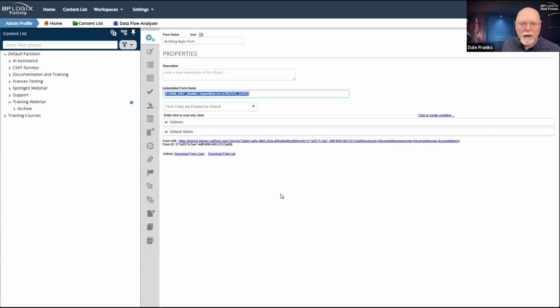I can search them by date. I can search by submitter and get all of the submissions from a particular submitter, or I can search by a request number and get the specific request that has that request number with it. This is very useful to me.